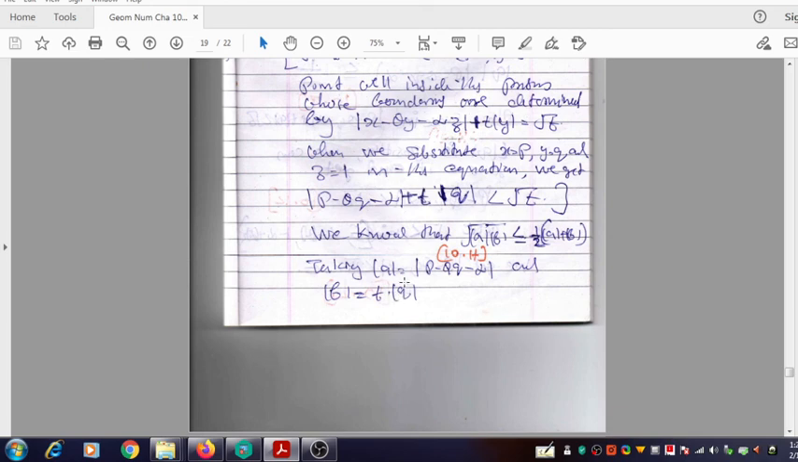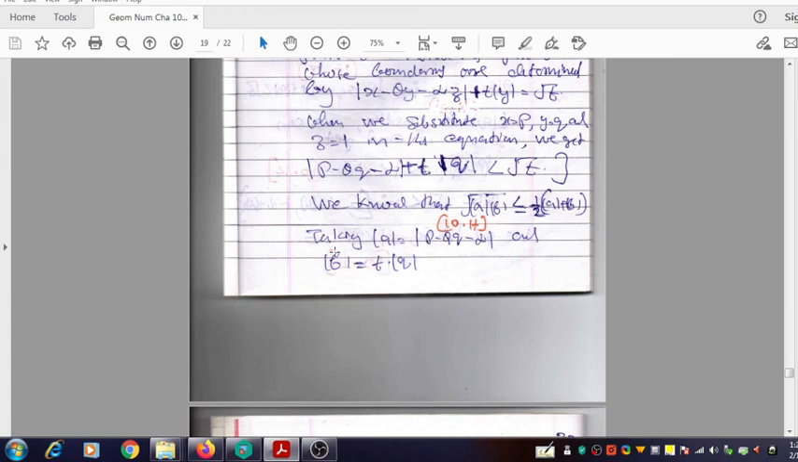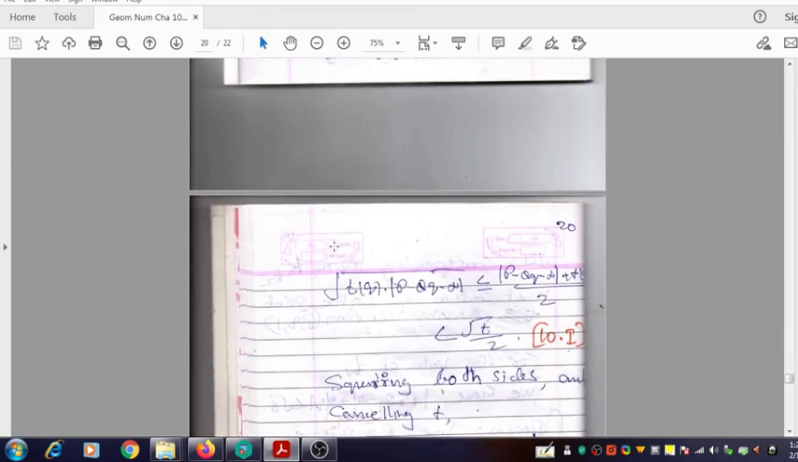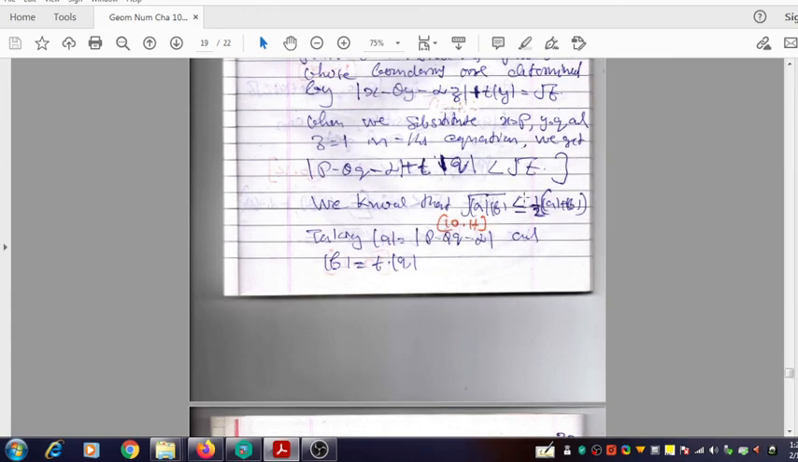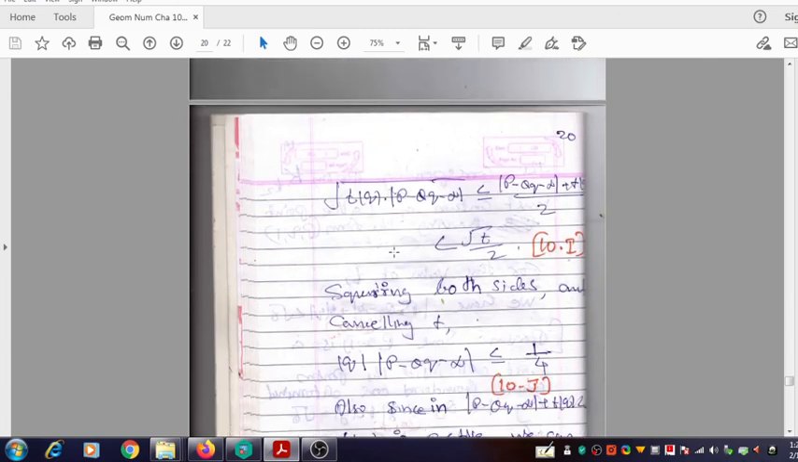It's the choice of t. From the choice of t, it's positive. So modulus of b is equal to t into modulus of q. We set that, and then using this inequality, when we substitute these assumed quantities, then we